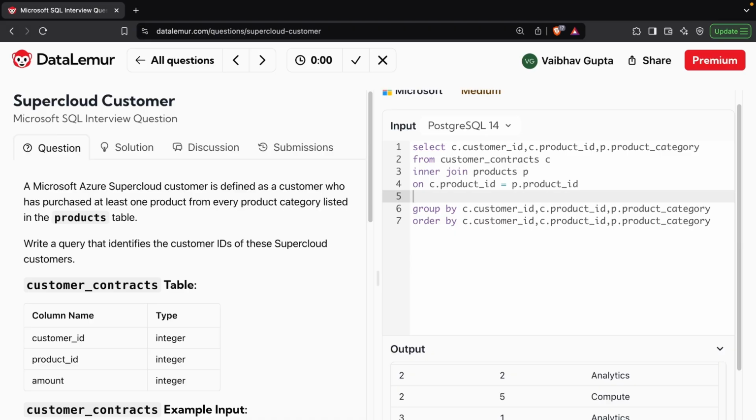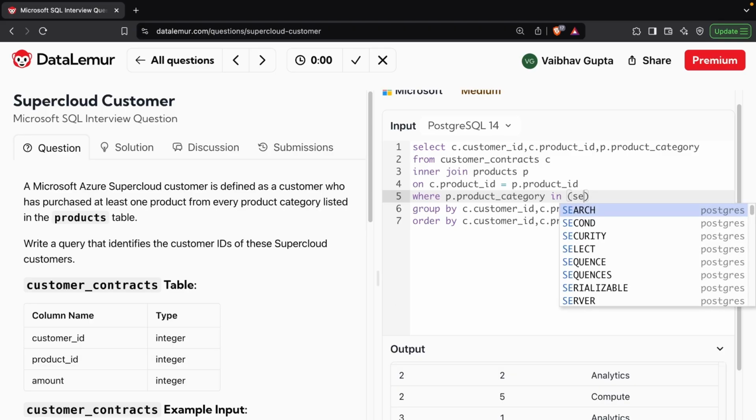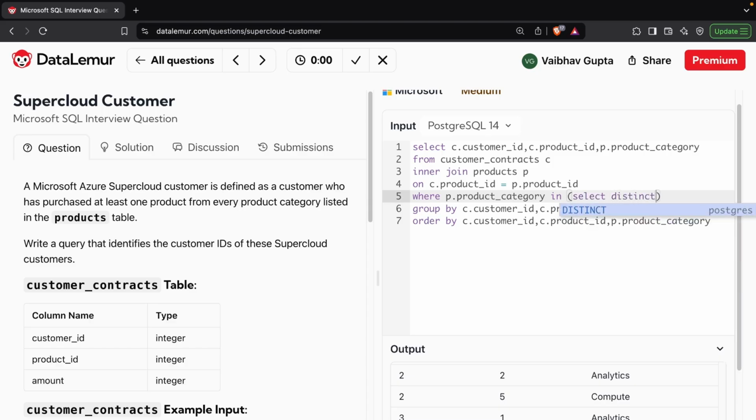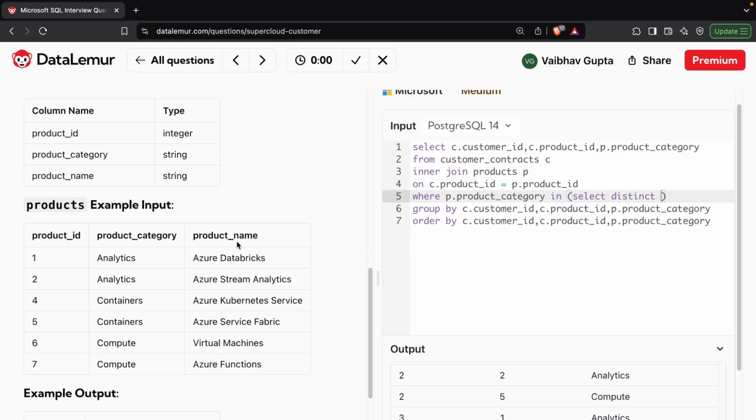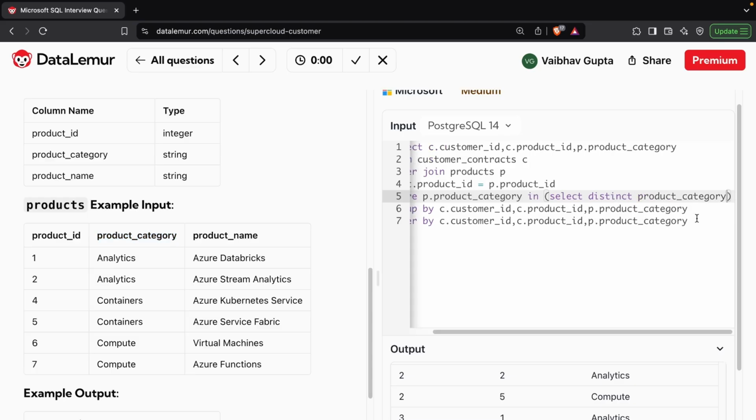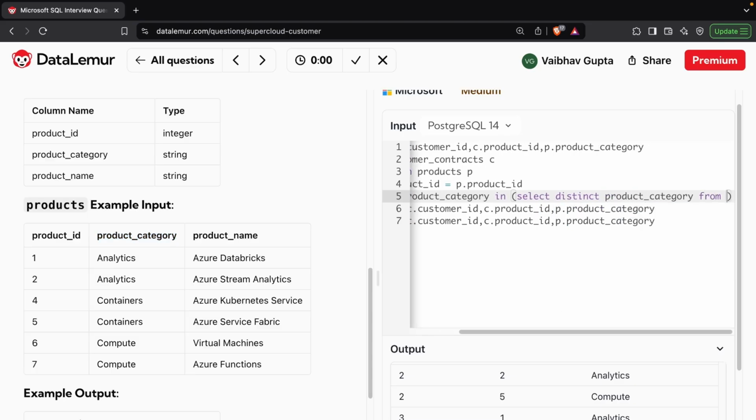Okay, where p dot product ID in, because first I'll filter out only these three categories. You can save it. Select distinct what? Product ID, product name, no, product category. Why I'm saying this, understand this part. From products,